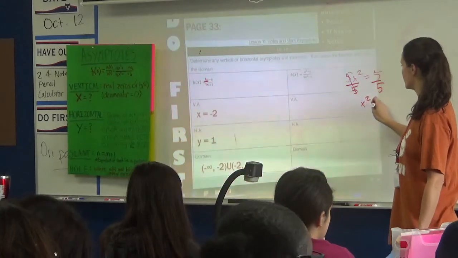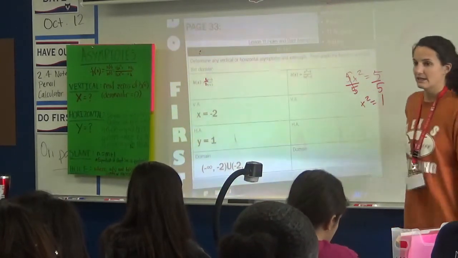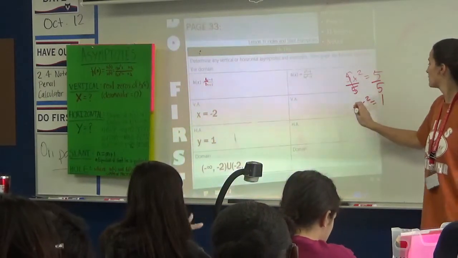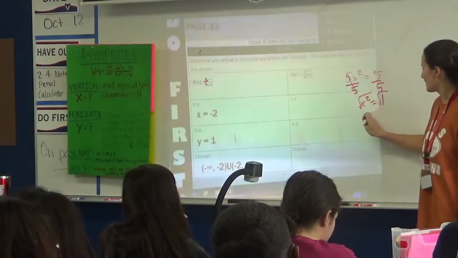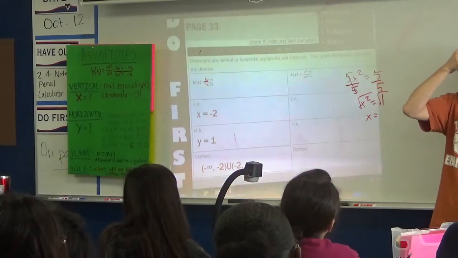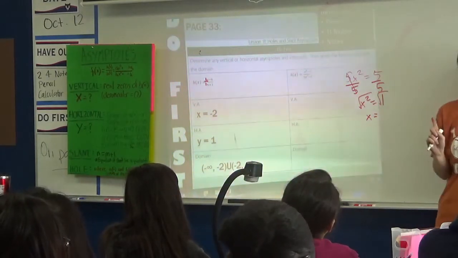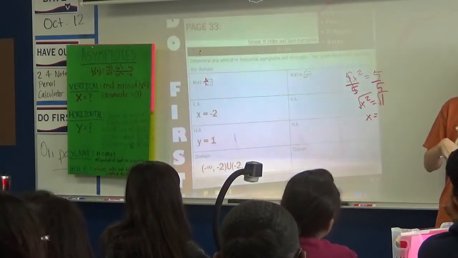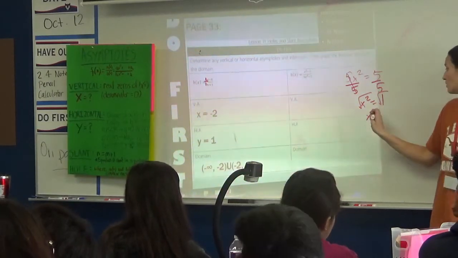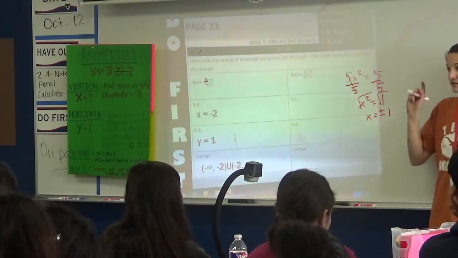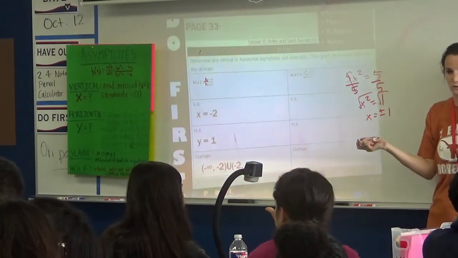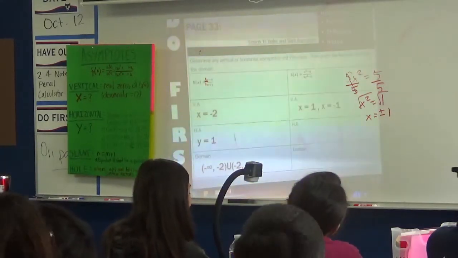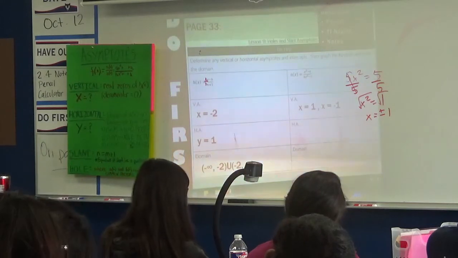And x squared equals what? 1. And last, to find x and get rid of the square, what are we going to do? Square root. However, I think a lot of people then wrote probably just 1, which is correct. However, when I take the square root of both sides, it's 1 and -1, plus or minus 1. There's actually 2 values that we could square to get 1. 1 squared is 1, and -1 squared is 1. So we have x equals 1 and x equals -1 for that one.